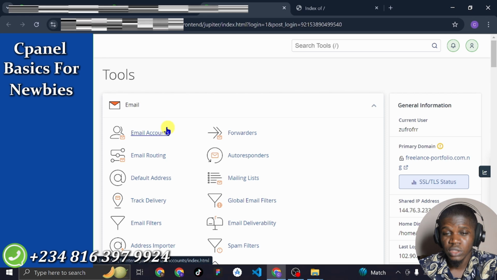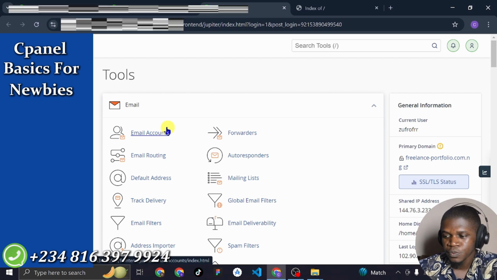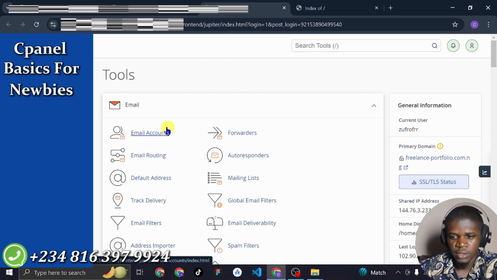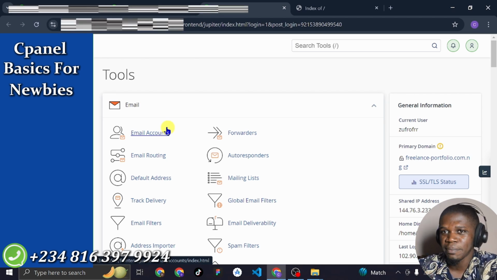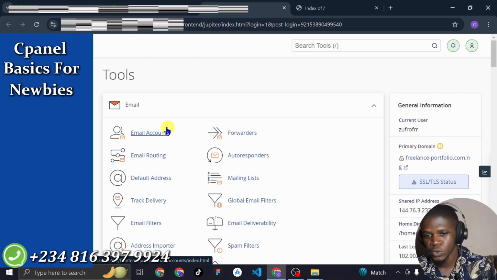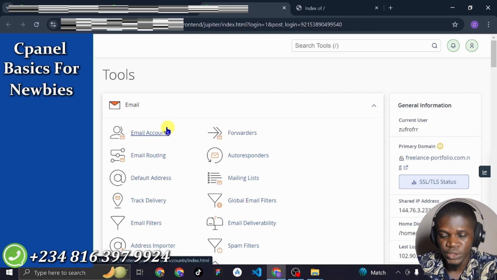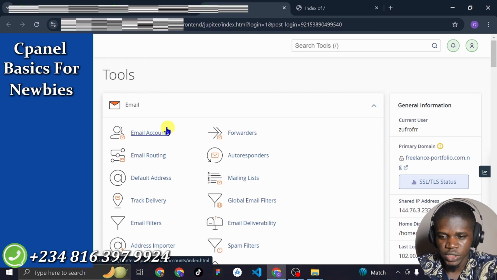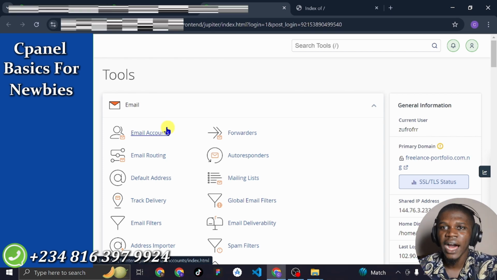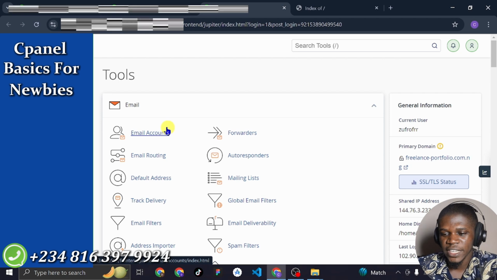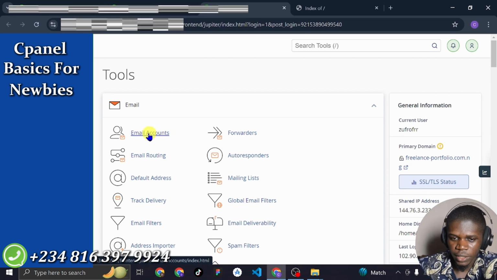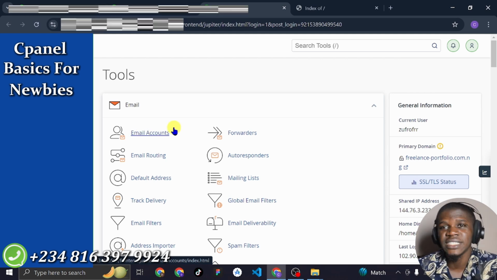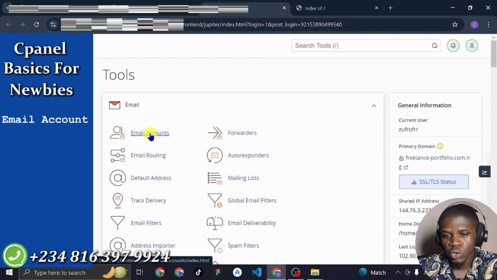Things in the cPanel which we are going to be using, and also note this is just a step-by-step guide, and also using a real-time project for teaching purposes to show you how it works. So firstly, on my screen you can see email accounts. Click this email account. What it simply means is you